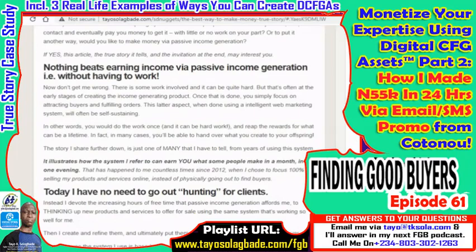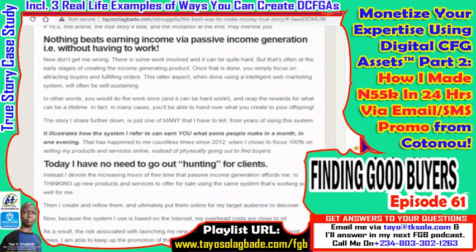All right, so you need to do the work to create these assets. It depends on what you are good at. Whatever expertise you have, whatever it is that you know how to do better than most other people around you, something you have concrete expertise in. It could be a knowledge product, it could be a solution to a physical problem. Whatever it might be, you are good at it and you can explain it, or demonstrate it, or show people how it's done. So long as you can do that, then you can make money from it.